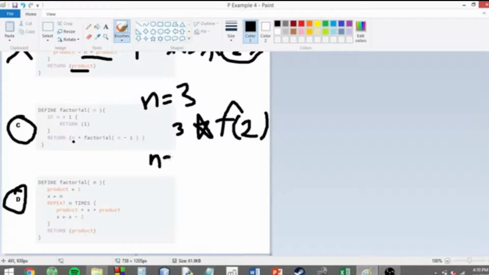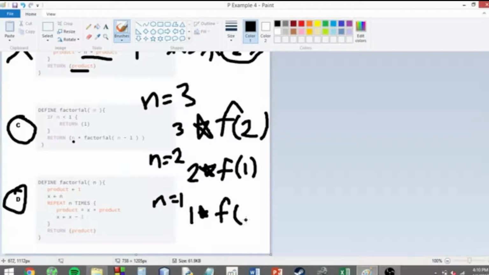So then on the n equals 2, we go and return n times factorial of 1,